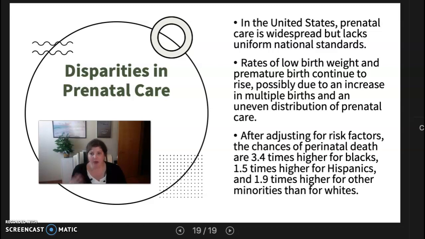More people are beginning to look at that and study it. One of the things that I just saw recently was that they found that OBGYNs spend more time with white clients than they do with their minority clients. So it's little things like that, like doctors are not spending the same amount of time. They have different expectations, and maybe don't even realize that they have that bias, but it's still coming out in their care. So those are things that we can continue to talk about.